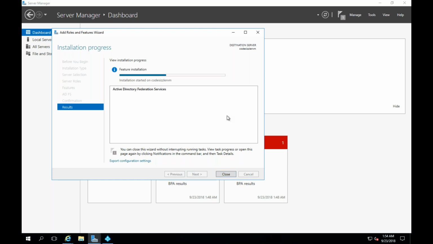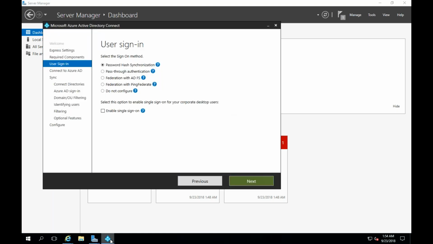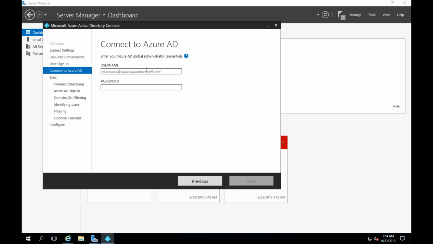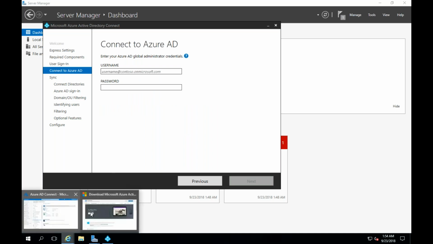Let's wait until it gets done. See, here you can find it, right? It says password hash synchronization, pass-through authentication, federation with Active Directory service, all these things. Let's click on next. So here it will ask you for the username and password where it has to get signed in. So now what you need to do is come to the Azure portal